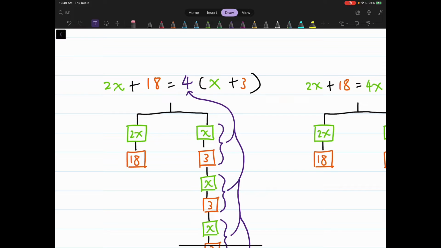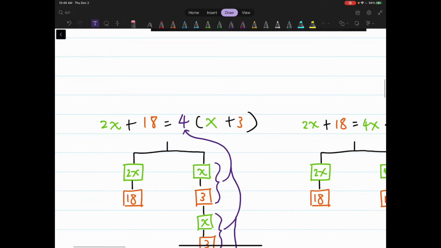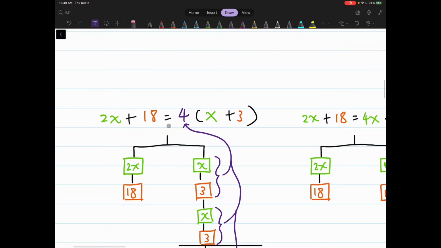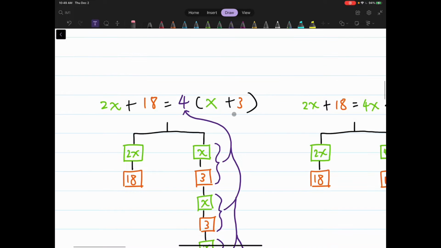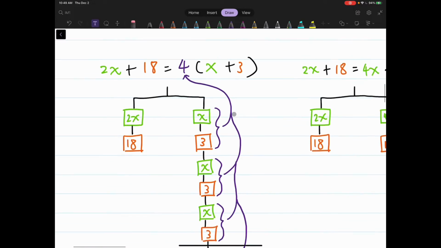And so the first equation we're going to be considering is this equation right here. 2x plus 18 is equal to 4(x plus 3). So this is the equation that we are looking at, and I wanted to show you guys visually what this